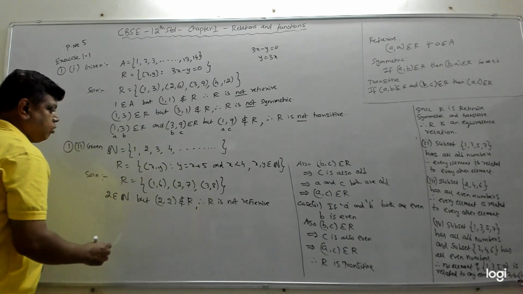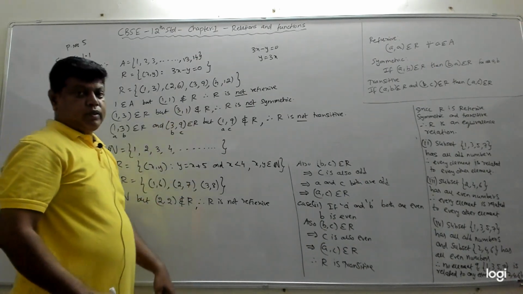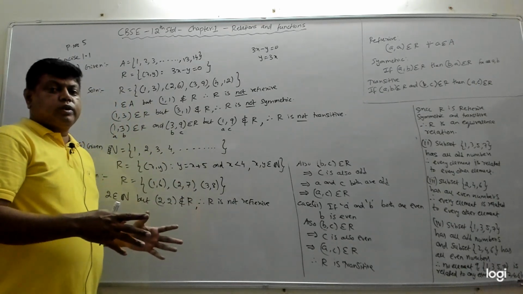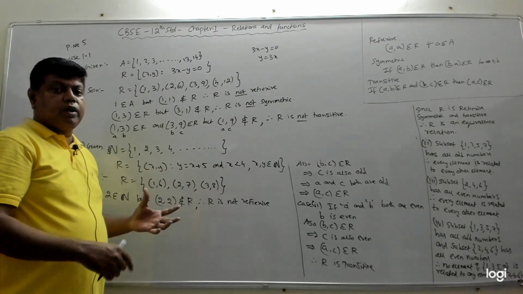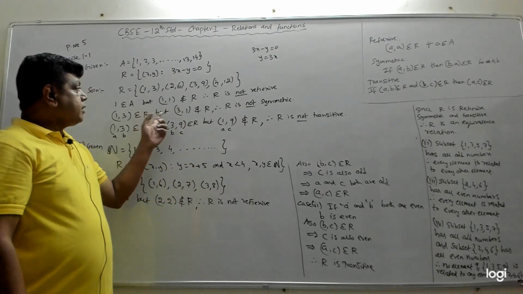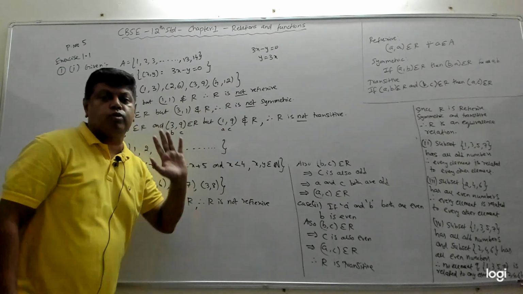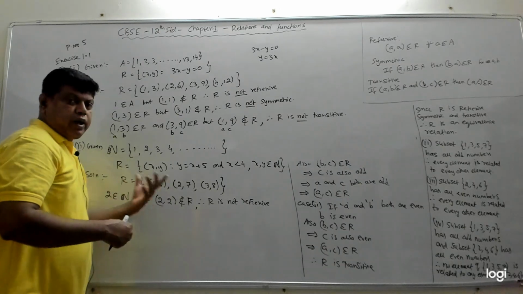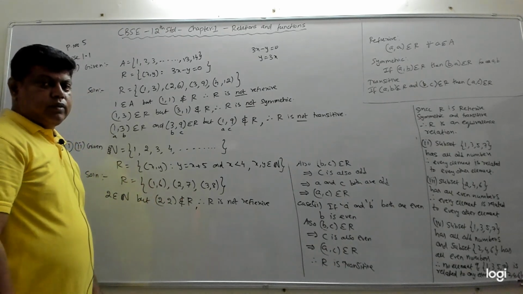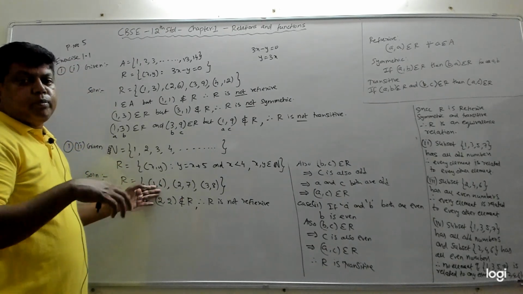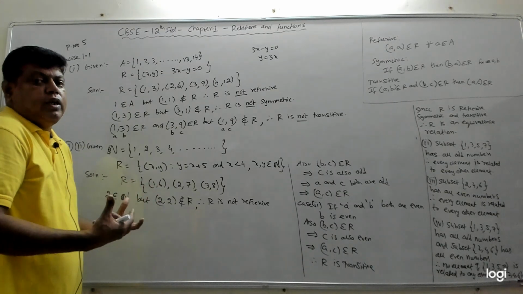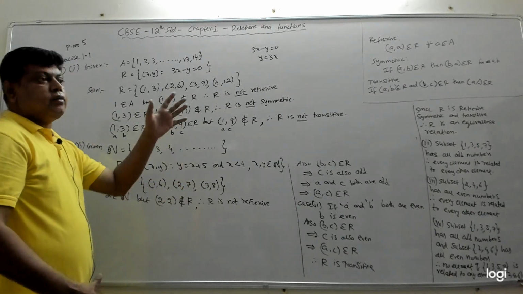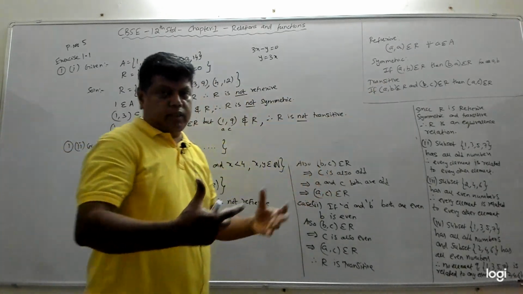Fine. Now we have to check whether it is symmetric or not. See, we don't know here whether it's symmetric or not. If we know, then we can write the proof for symmetric, or if we know that it is not symmetric, we can try to take one example like this and show that this condition is not satisfied, so that it is not symmetric. But if you don't know, we just give it a try to disprove it. First we will try to see whether we can find some elements where this condition is failing, if that is easy.